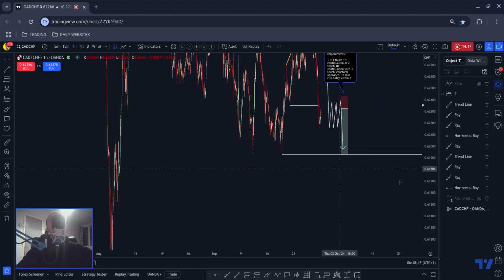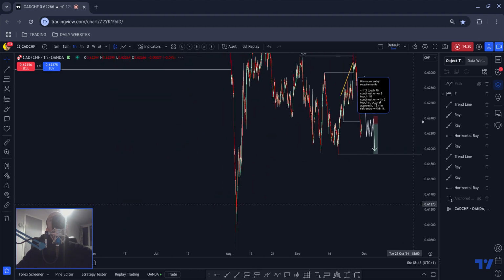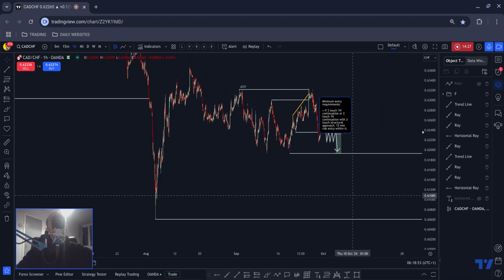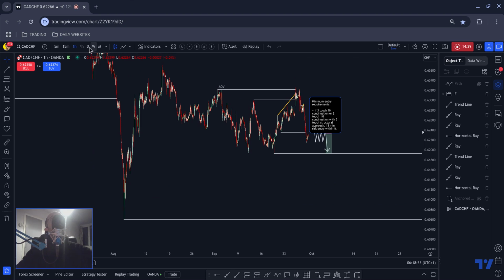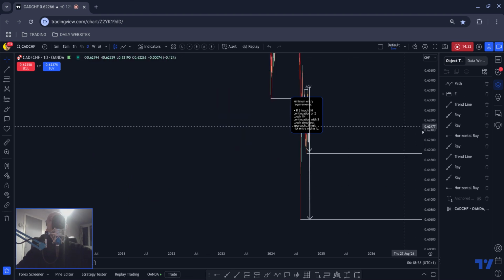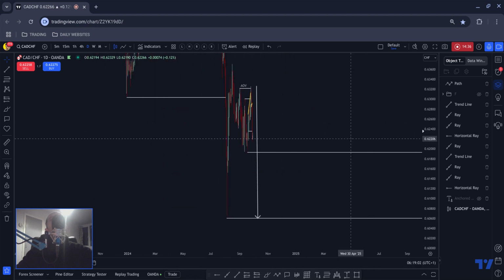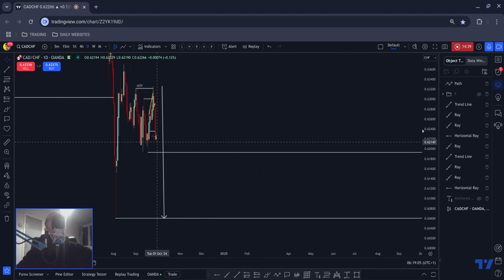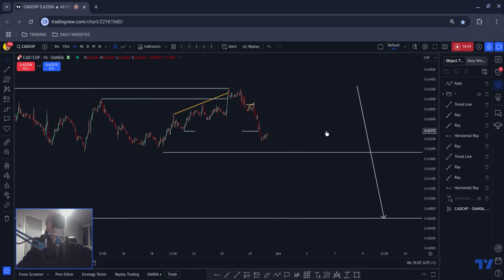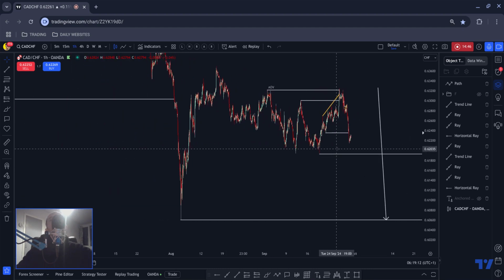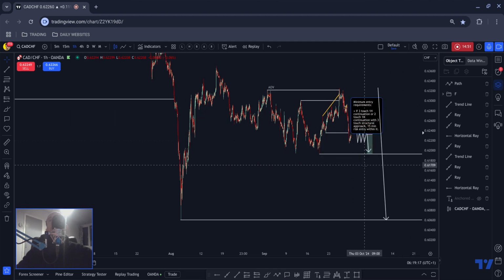And then my target in this instance, because of what I said about the inverse M style pattern, would actually be down here. I wouldn't expect to catch all of that in one go if that's what we're doing. Okay, just to touch on it, the one thing I meant to say as I was zooming down is that you can see as well, we have that solid bodied daily candle. That's another positive. Okay. And then that would be my target down there. And then I'd manage the trade to this low. Okay. And then see how we